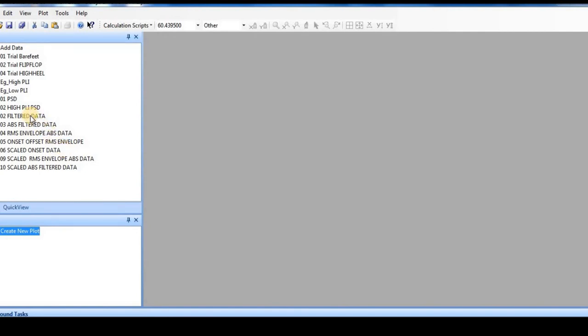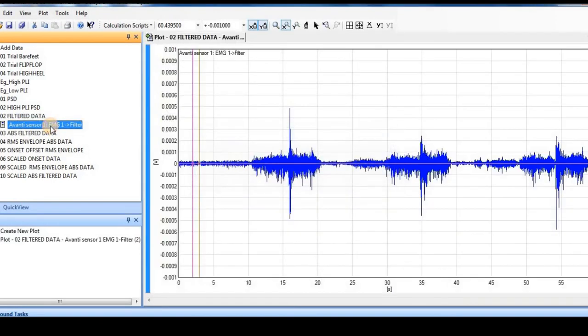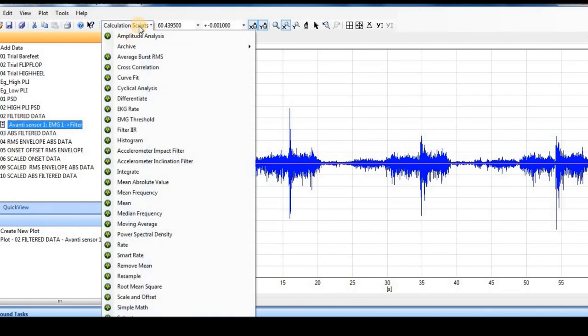So basically, when we have a data and if we want to change its scale, we have to select that data series. We go into the calculation script and we choose scale and offset.